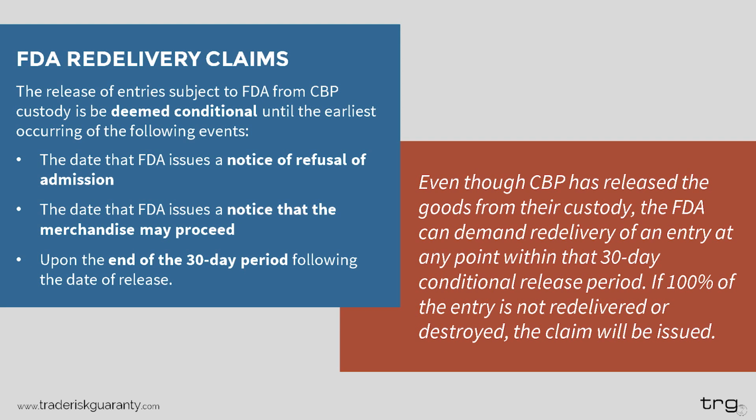This conditional release period, that 30-day period, may be extended by the FDA if they deem it necessary. However, the FDA must issue a written or electronic notice of sampling, detention, or other FDA action to the bond principal, that is typically the importer, within 30 days of the release of the merchandise for it to be valid. So within that 30-day period,